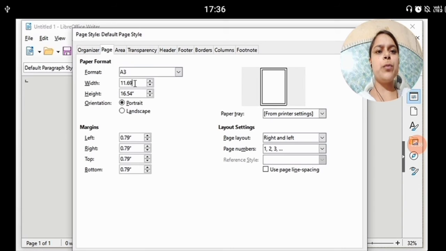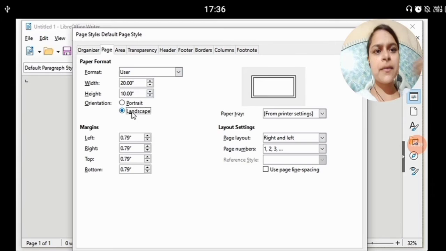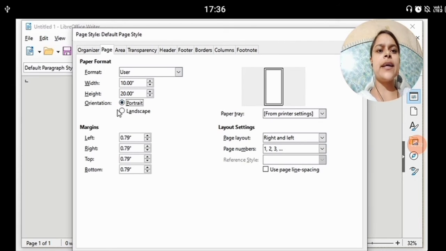If you want to provide width and height manually, you can provide it. You can see in the preview the width has been changed. Same for height. Next is orientation. By default it is portrait and the second one is landscape. You can change the orientation of the paper.